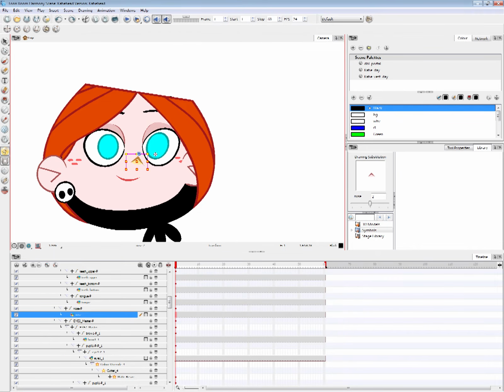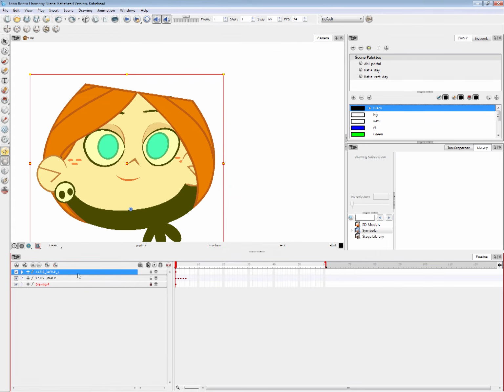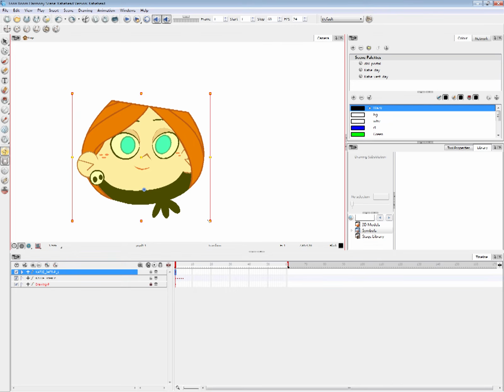All the different parts. You can choose to animate these individually, and we will eventually, but for now let's collapse everything. 0 is the hotkey to collapse everything, and we'll go to our first frame and hit F6 to make that a keyframe. Okay.